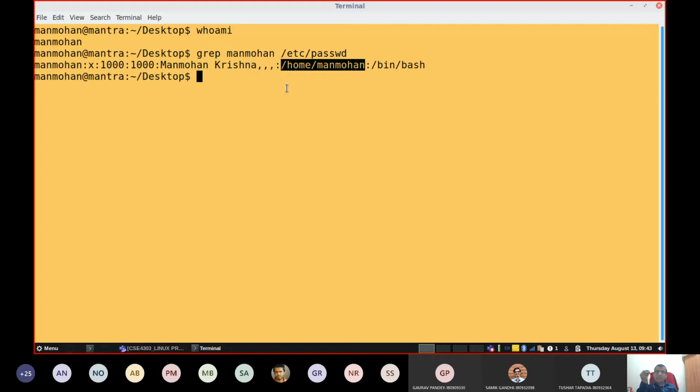When I say Linux distribution, Ubuntu is a distribution, Debian is a Linux distribution, OpenSUSE is a distribution, Mint is a separate distribution, etc. So the last component here, after the last colon, you can look into this: /bin/bash. This is the default shell program. Within the folder called bin, there is a program called bash. This bash stands for Bourne Again Shell. Now, this is the shell program.